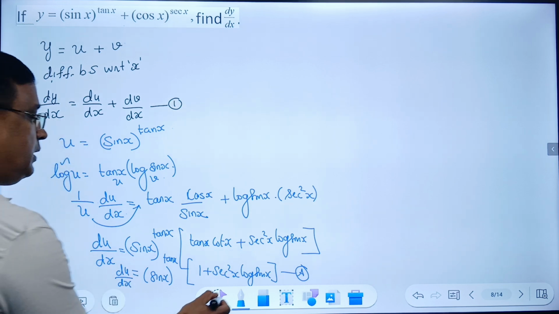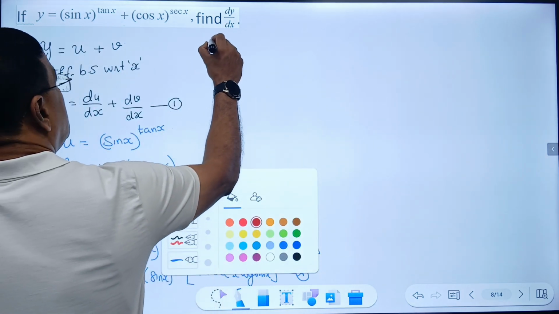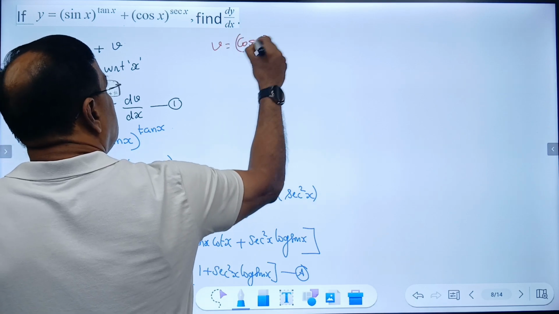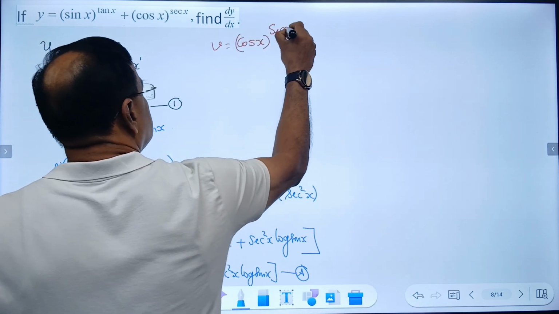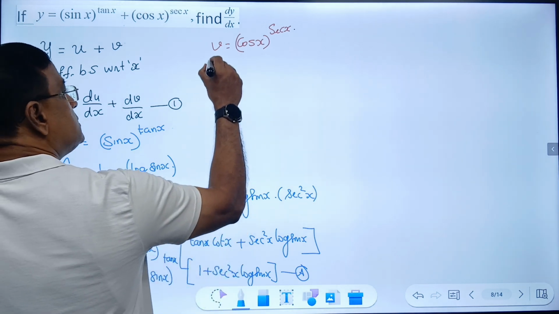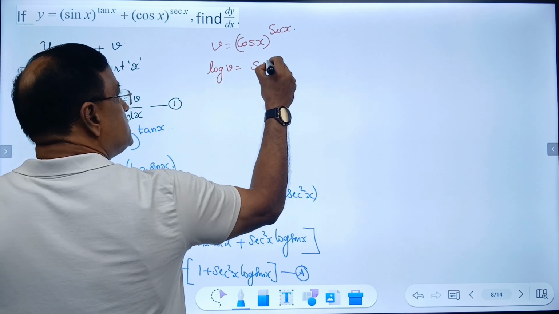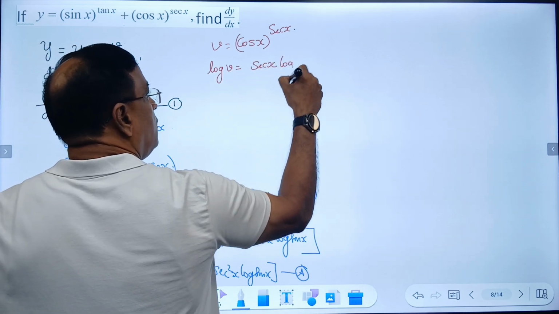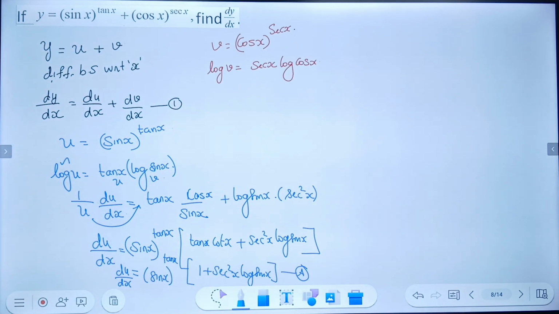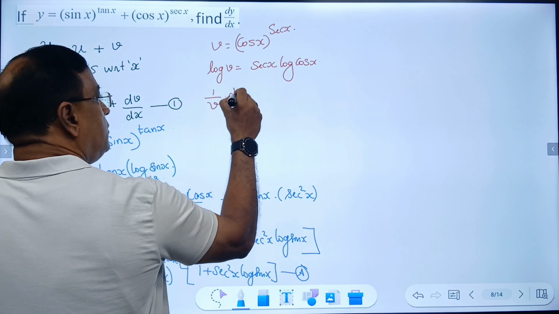Now I have to go for v. So what is v equal to? v is cos x the whole power secant x. Variable raised to the power of variable, so take log on both sides. Log v equals n, where n is secant x, into log of cos x. Now differentiate. What is differentiation of log v? 1 by v into dv by dx